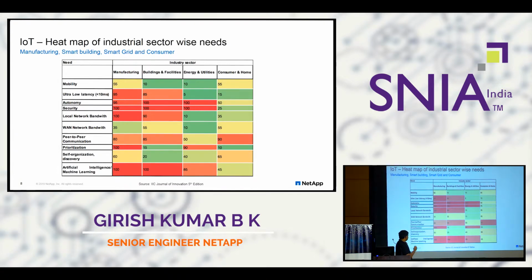And prioritization is very important in the sense of how do you say that this data is important for me? I need to analyze this data first, then this. So you need to have a prioritization for your own data, because there is a lot of data coming in and you can prioritize which one you want to analyze first. And artificial intelligence and machine learning is something in the application space to get better insights from the data, right?